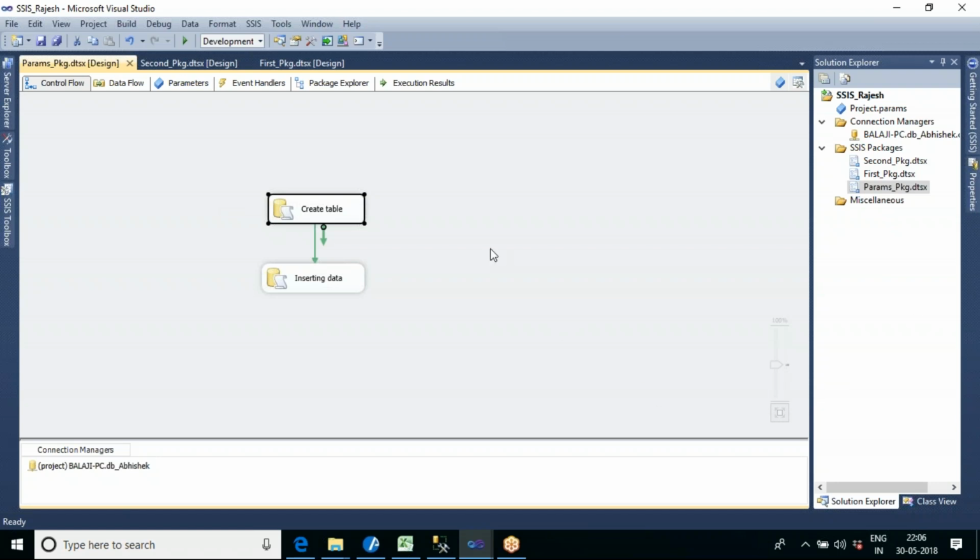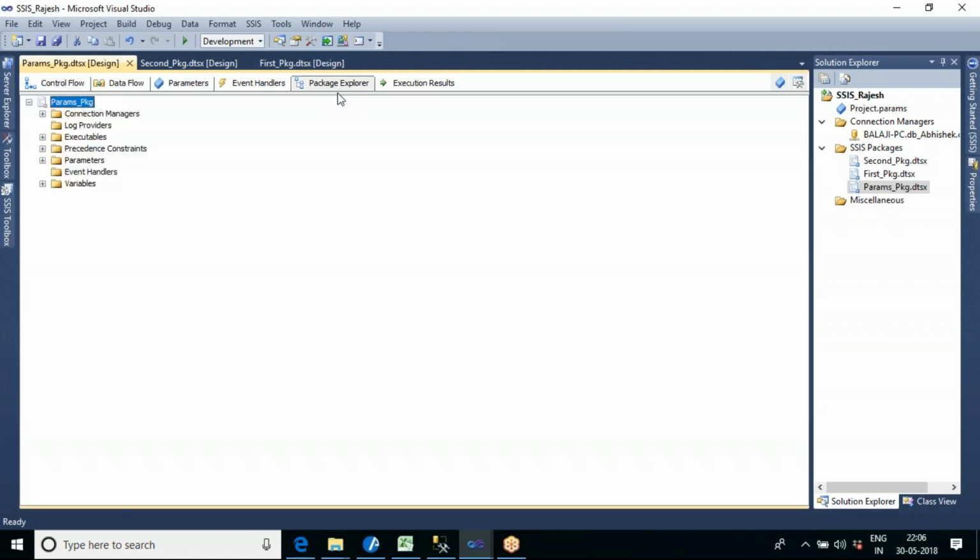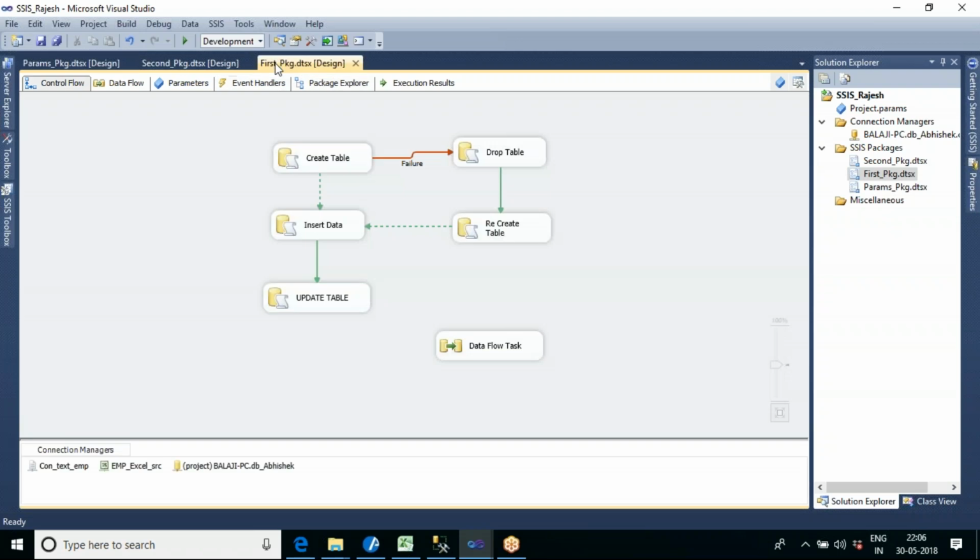So the next one is Package Explorer. This Package Explorer is nothing but the summary section. Up to now, whatever we have done in this package is called the summary section. Now you can see if I go to the first package, we have done so many things. We have